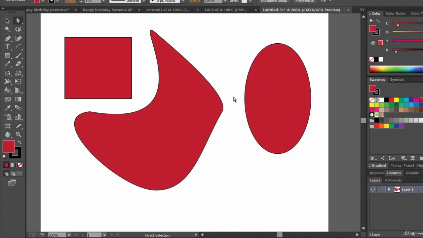Now in our next lecture we will take a look at how we can draw straight lines using the pen tool, and then we will see how we can draw curved lines using the pen tool. And then I will share with you some important tips and tricks by which you can draw anything, yes, friends, anything using the pen tool.